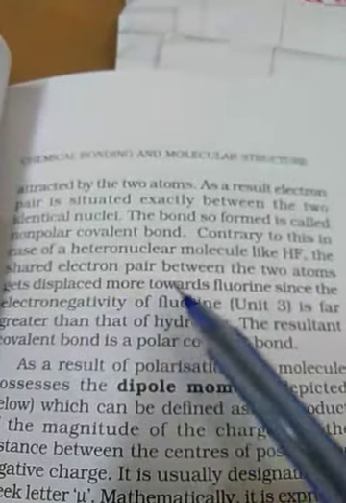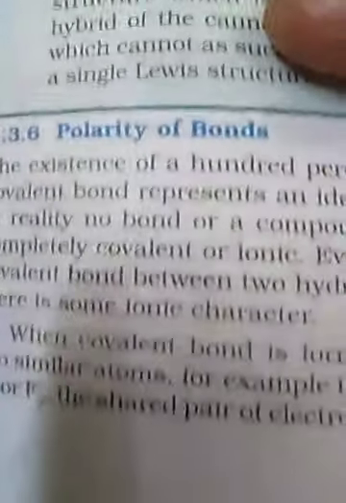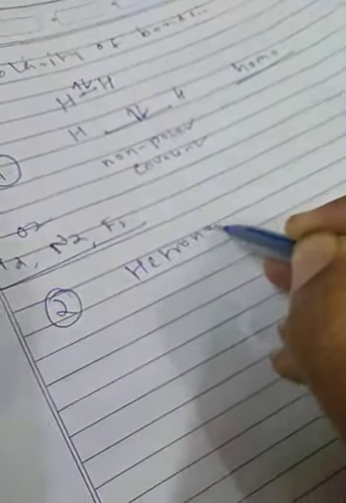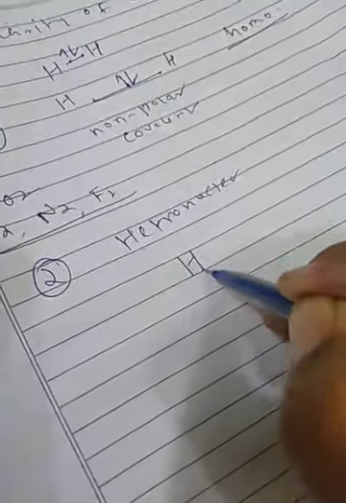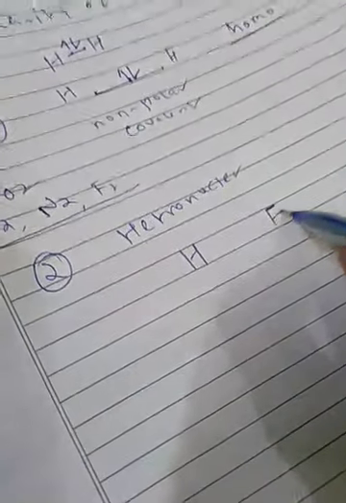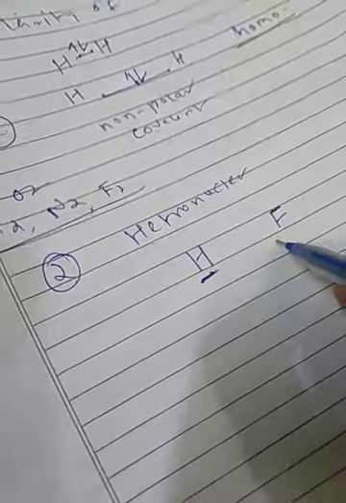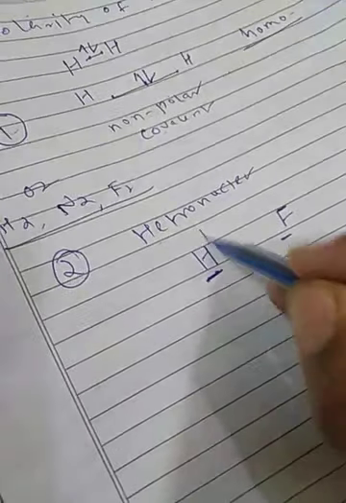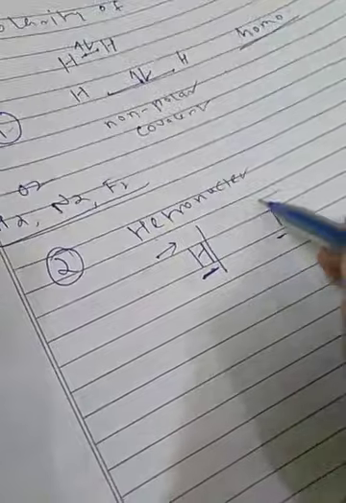Contrary to this, in the case of a heteronuclear molecule like HF, the earlier ones are called homonuclear. H2 is when a covalent bond is formed between two similar atoms. Now, second, I am talking about heteronuclear. What is the meaning of heteronuclear? It means one is H and the other is F. This is in the first group, this is in the seventh group. So one is an easy loser, the other an easy gainer. Electronegativity in periods increases, so the electronegativity of fluorine is more.